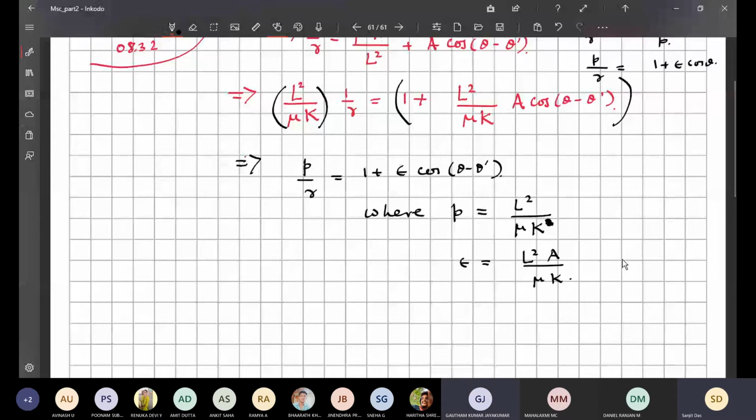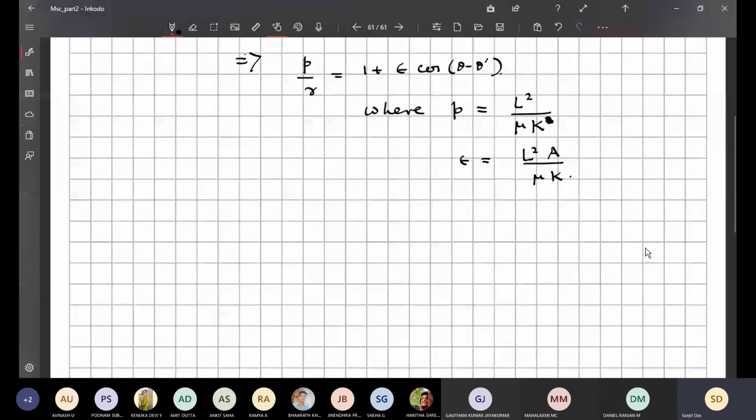So exactly, we can see this has come in the format of a conic section. So one thing you can understand, if it is under inverse square law, it follows the motion of a conic section. Now, one important aspect is there. Still, there is a way that I identify this conic section's eccentricity. This eccentricity I can identify with something else. Let me write it down. Let me pose the question.